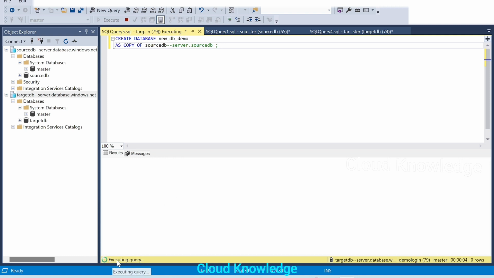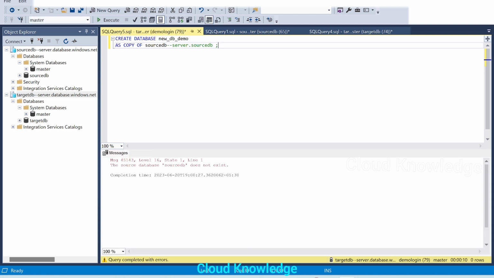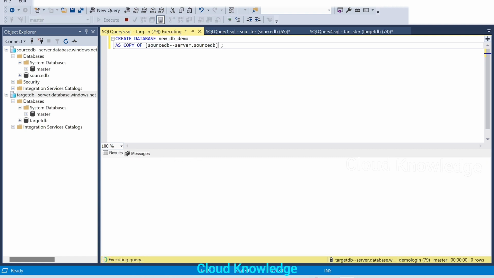Query is getting executed. So this query execution time will depend on how big our database is. So here we have got the error, the source database, source DB does not exist. It's probably because of the hyphen here. So let's enclose it in square braces and now try to execute this.